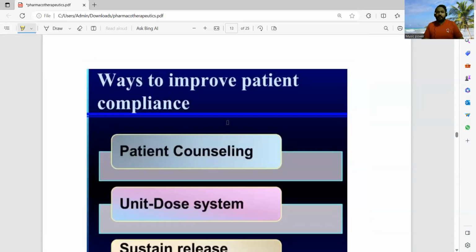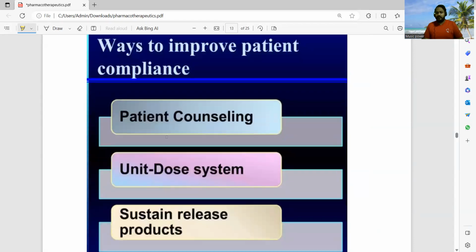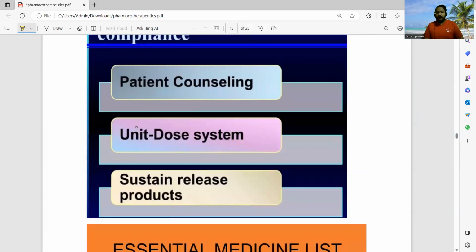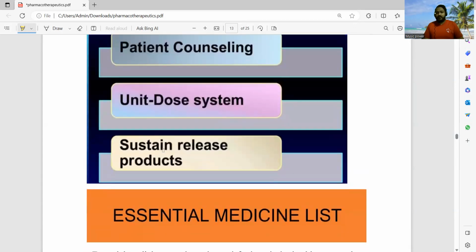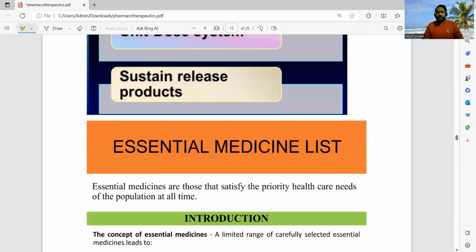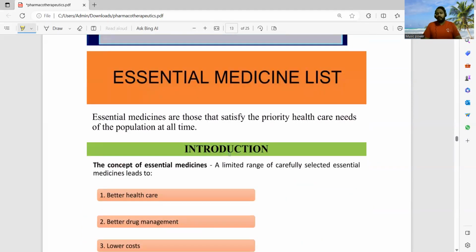Ways to improve patient compliance are good counseling given to the patient, unit dose forms and sustained release products so that the patient will take medicine only once a day. So the chance of forgetting is very low. Now we move to the next important